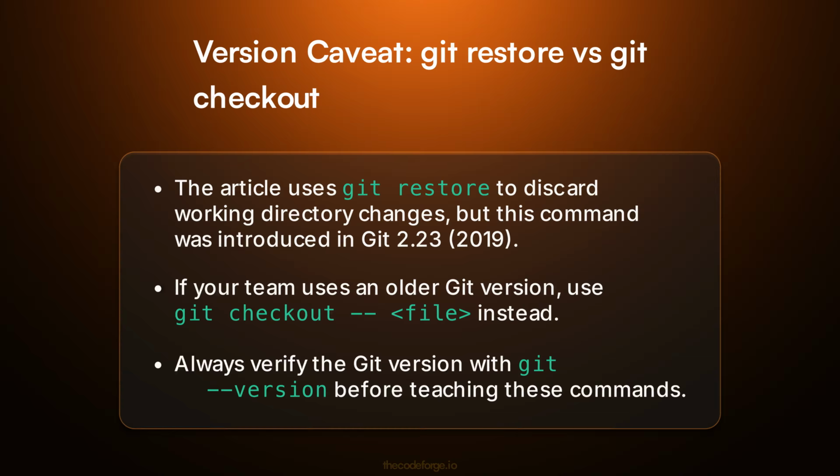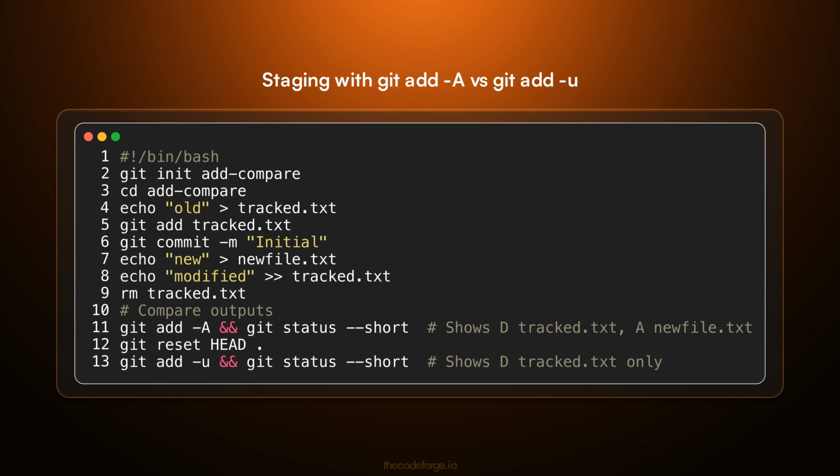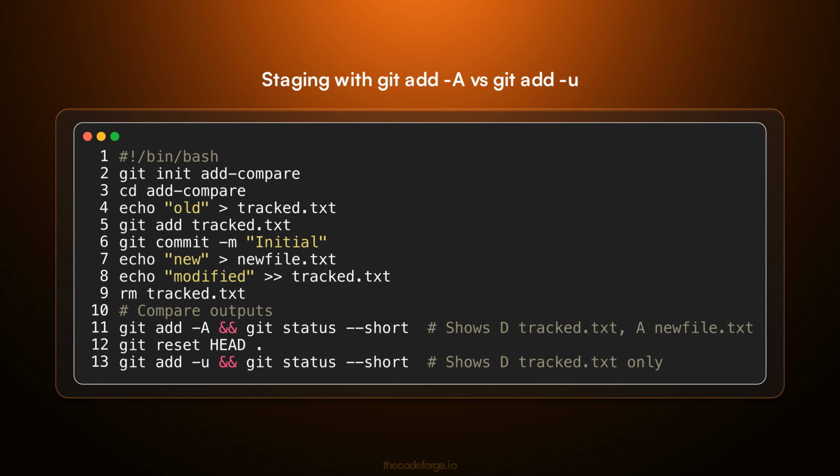The article mentions git add -A and git add -u, but doesn't show them. Here's a concrete example demonstrating the difference. -A stages all changes, including new files and deletions, while -u only stages modifications and deletions of tracked files, ignoring